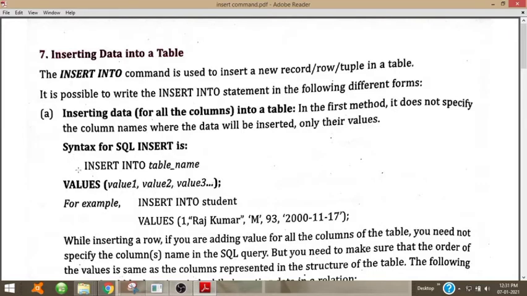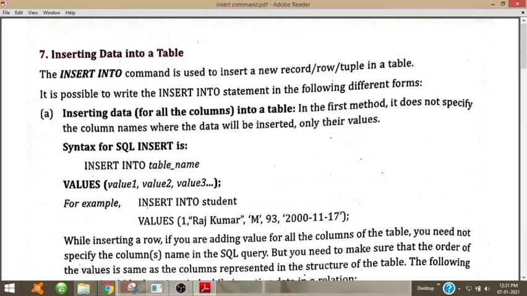Once more, the syntax is insert into table name values in brackets value 1, value 2, value 3, etc. Value 1 is the value corresponding to column 1, value 2 corresponds to column 2, value 3 corresponds to column 3, and so on.